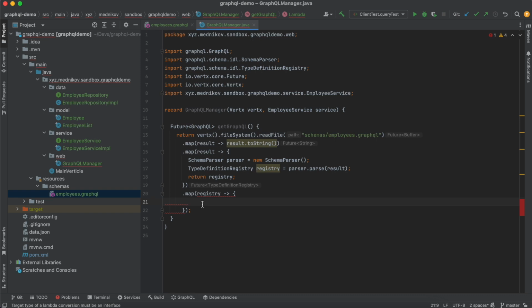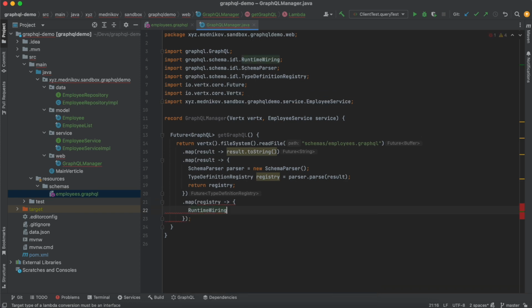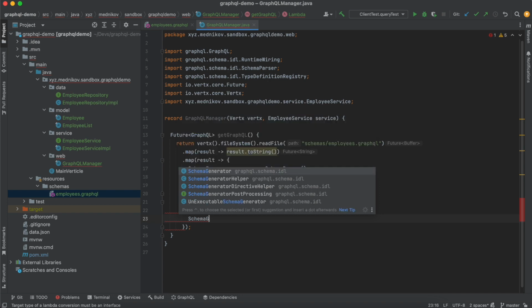We will do it a little bit later, because I would like just to finish this pipeline first. But we need to have this runtime wiring component still. So we call it wiring, and it will be a null for now. So the first thing here is to create a schema generator,